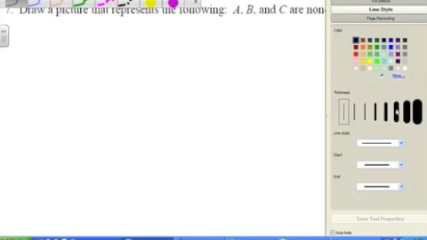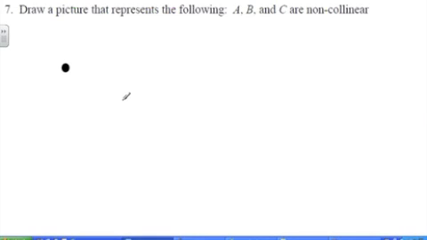Okay, so here's A, B, and C. And I will put a line through these two. There were lots of pictures you could have come up with for this, by the way, so if you had another idea, you go for it. This is going to be A,